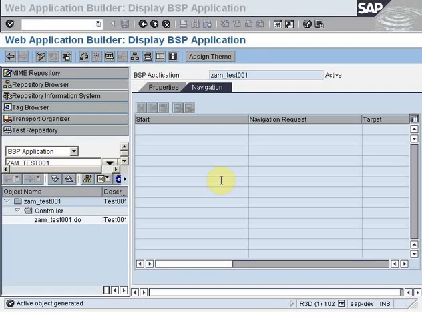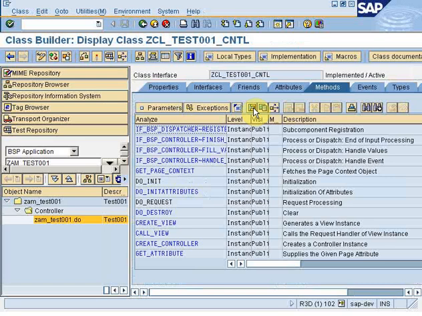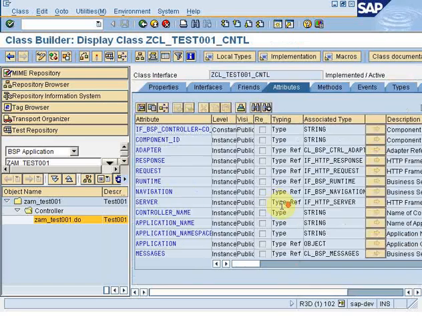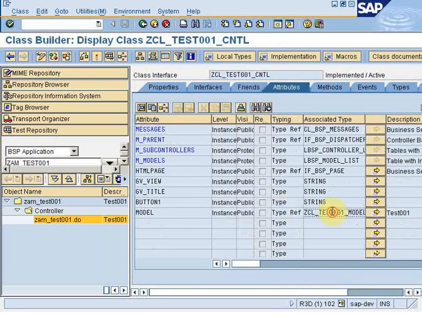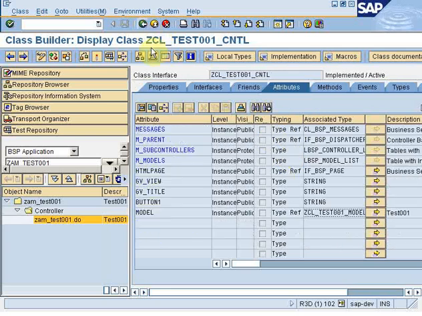Okay, we are continuing on creating a BSP MVC application, and so far we created two parts of that application: the control class and also the model class. Click on a class and we can see the model class. The general purpose of the model class is to collect data. The control class controls the HTML pages and the flow of the HTML pages, and the only part which is still missing